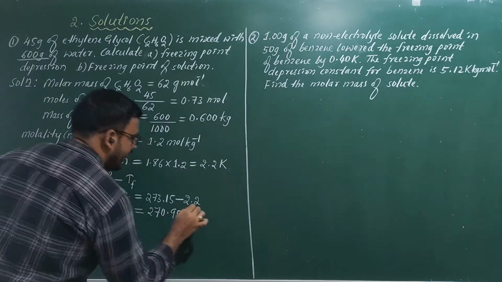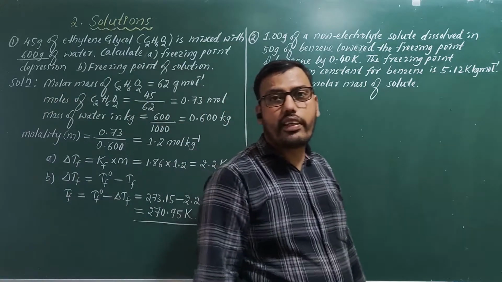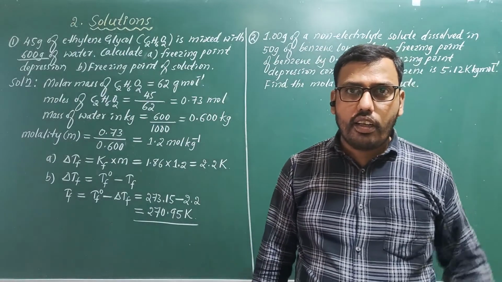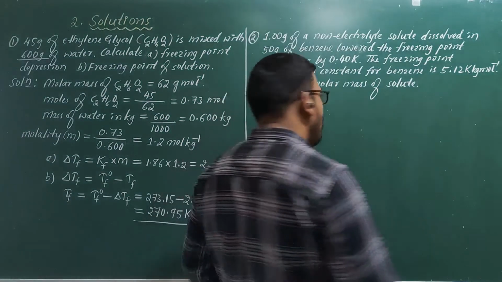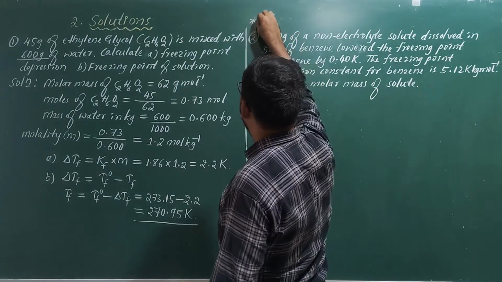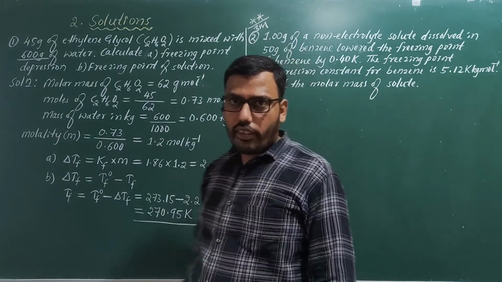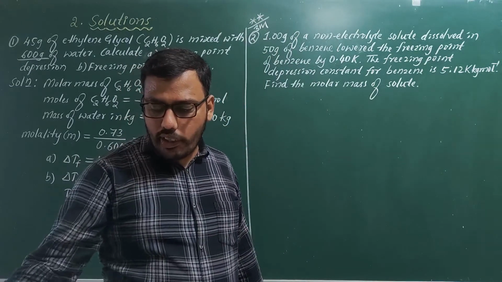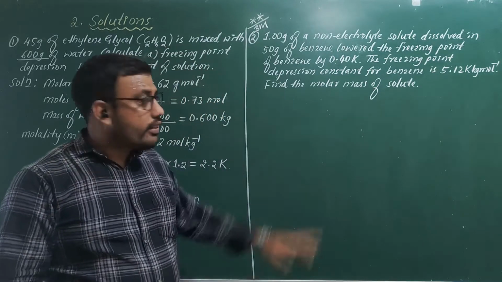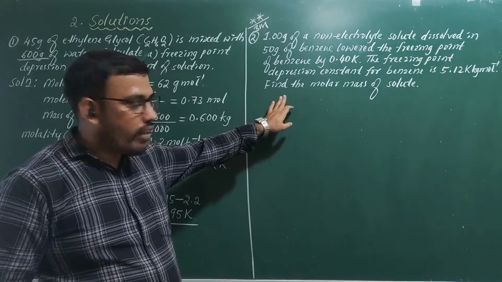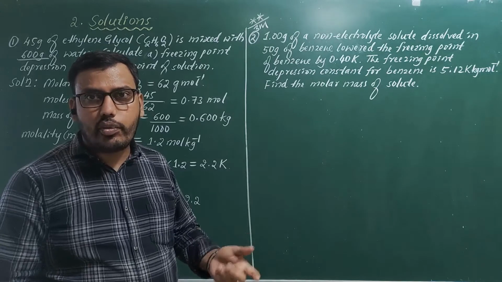270.95, it is in Kelvin because it is a boiling point. So this is how we can calculate a problem on boiling point. So one more important problem that would be asked for 3 marks. The same type of problem we have asked in elevation of boiling point also. Even in freezing point depression, we can be asked for these type of problems based on molar mass for 3 marks. So very simple problem, and the procedure also very similar to solve.